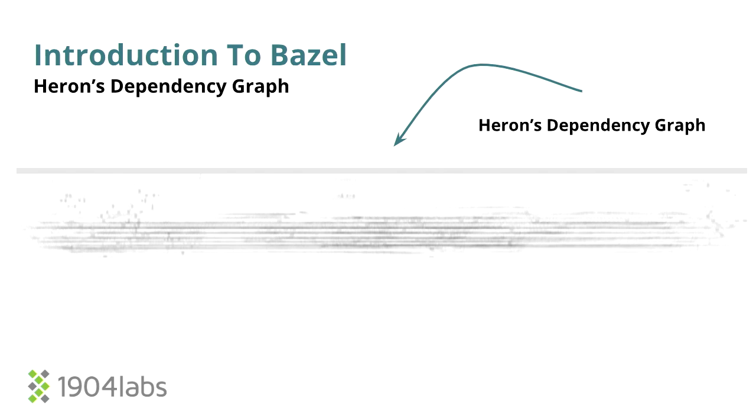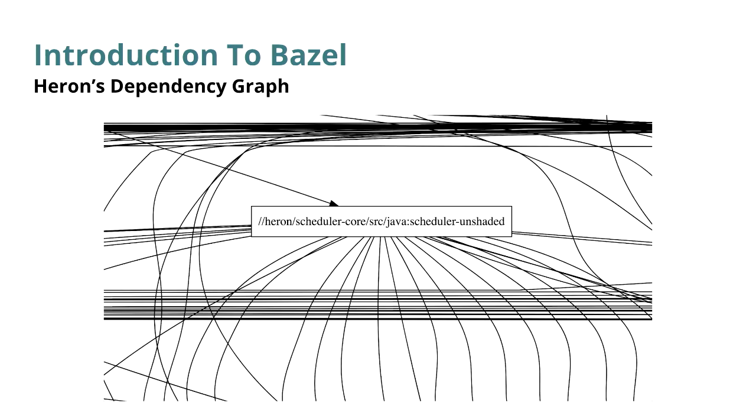And this is actually a screenshot of the actual image because the image was so big I couldn't load it into Google Slides. So I found a way to generate an SVG, and the image was so big there was no way I could have shown you anything of value. So I decided to focus in on just one target. And you see that dark line, that's several lines crossing over each other, but it's a very complex system.